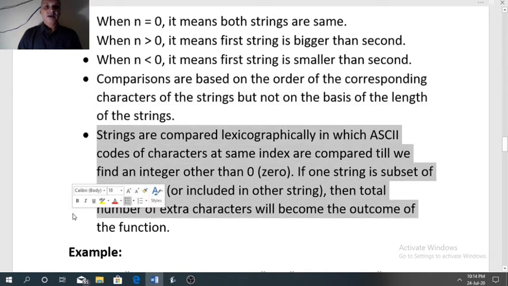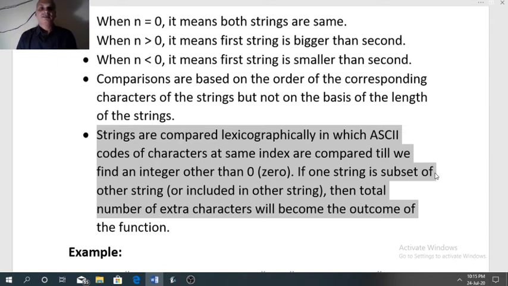Strings are compared lexicographically. It means ASCII code of characters at same index are compared till we find an integer other than 0. It means if both the characters at the same index positions are same, then their ASCII code will also be same. So when you subtract the ASCII code of corresponding characters, you will get 0.